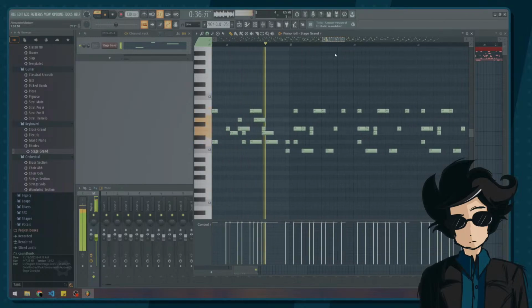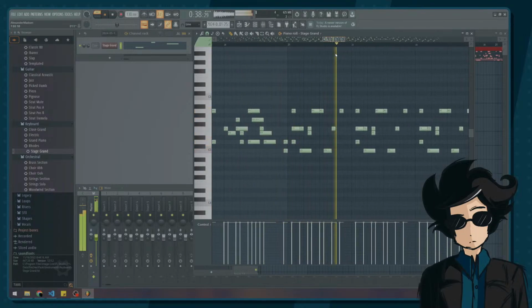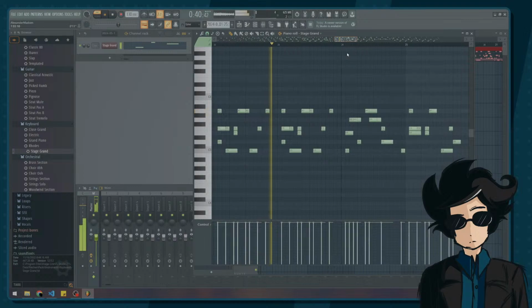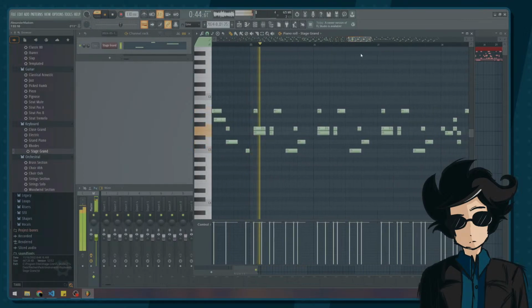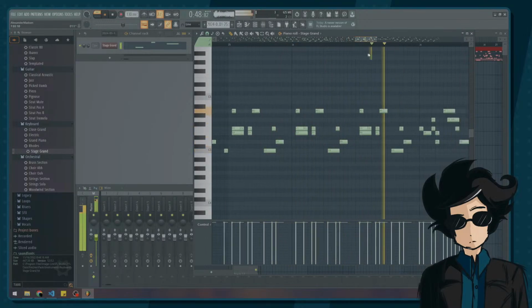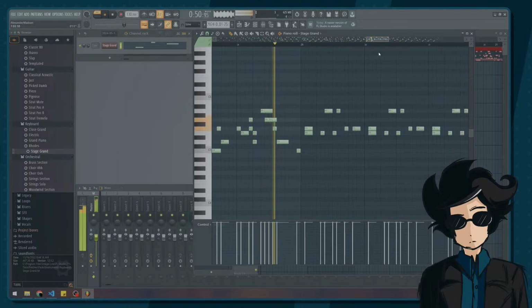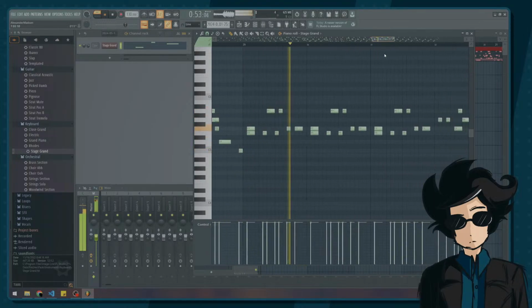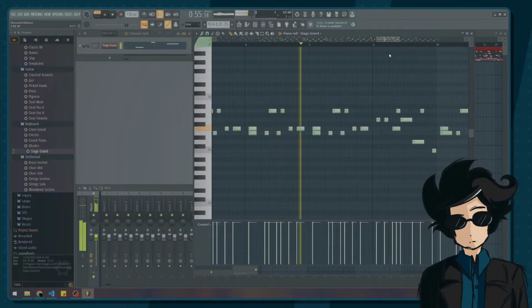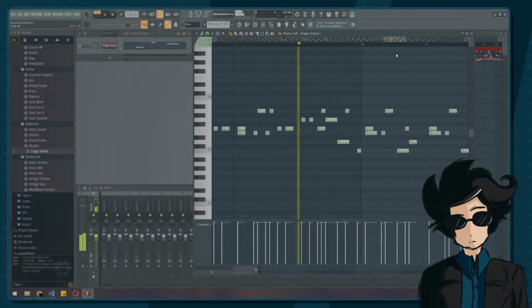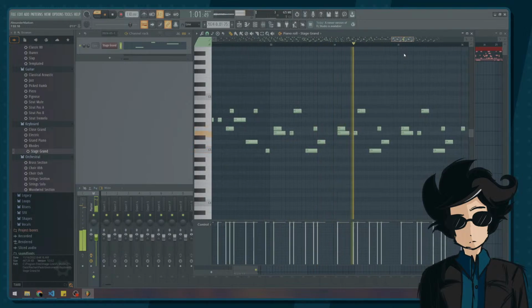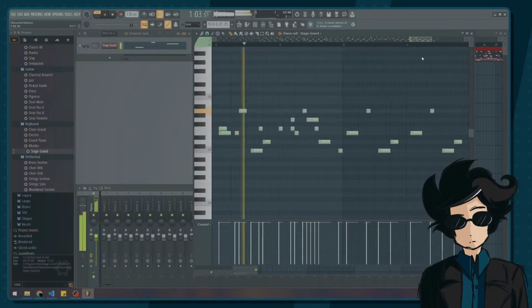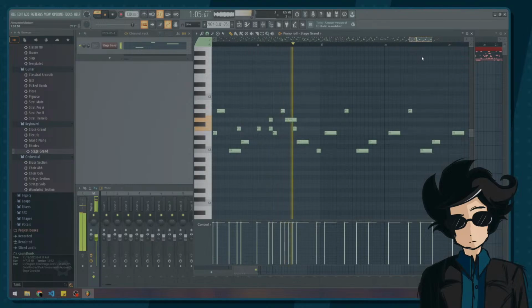You know what? A bit extreme, but it's kind of working. I'm not gonna lie, this is kind of working for me. It's not great, but